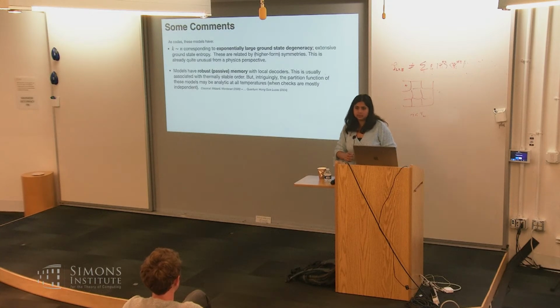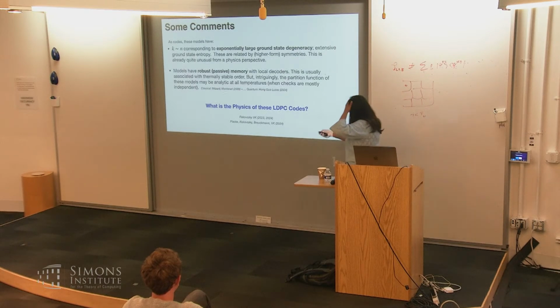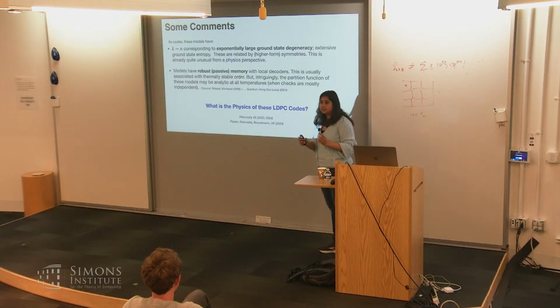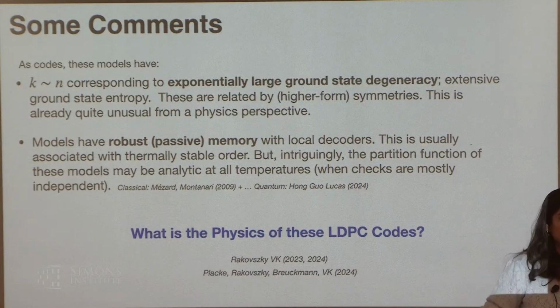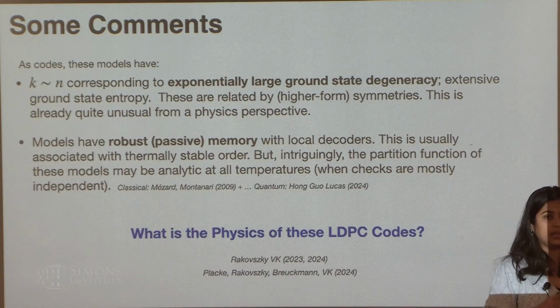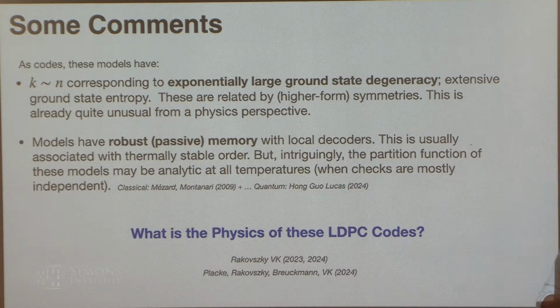Yeah, that's right. Okay, so the broader question motivating all of this, we're not finding a memory in a model that wasn't known to have a memory. We're taking these LDPC codes for which it was already known that you have these memories and you have these features, but we're trying to understand it from a physics perspective. Okay, what's the physical feature?